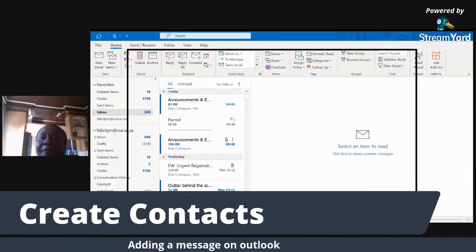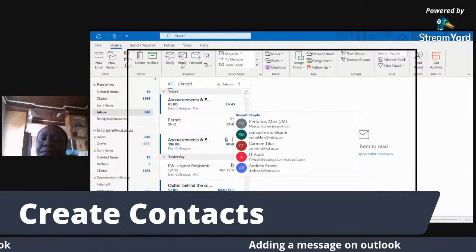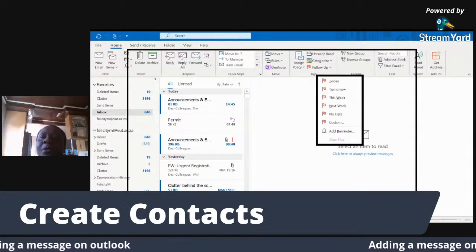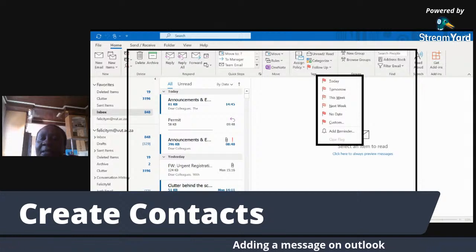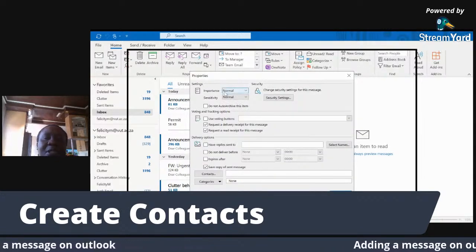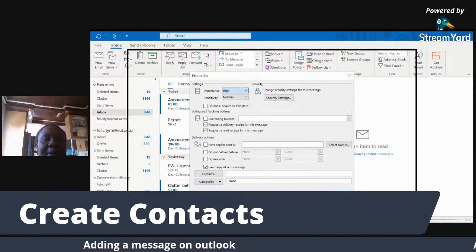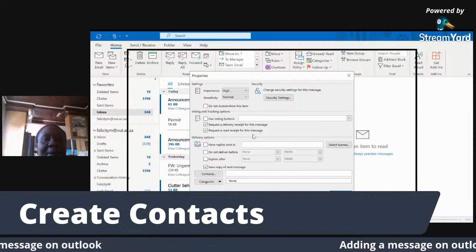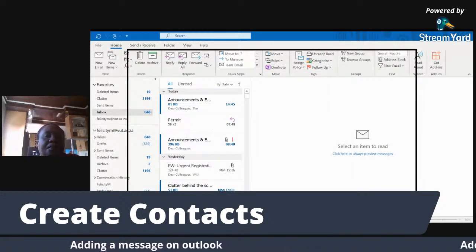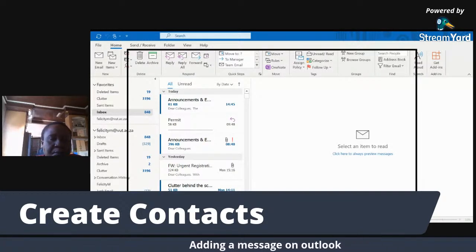Check. On the text, we have a tag of high importance. We also have a reminder, a follow-up tag. You see that? So we can also go to the text now. Here we launch, and after we launch, at importance, you see the importance is normal. We just say this message is not normal, but it's of high importance. Okay, and we close. But do not only do that. Let's type the message. Dear all,